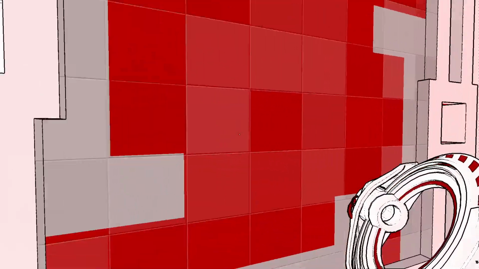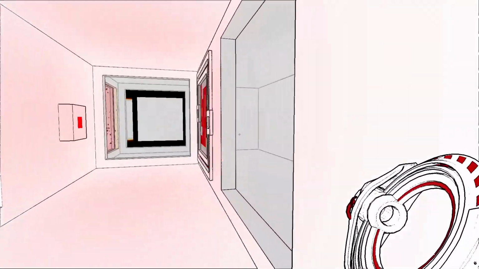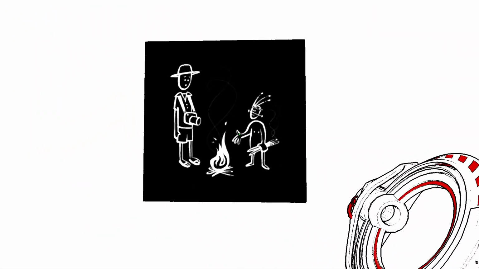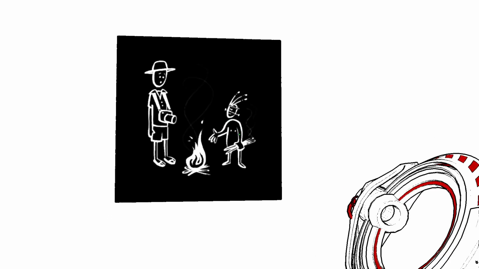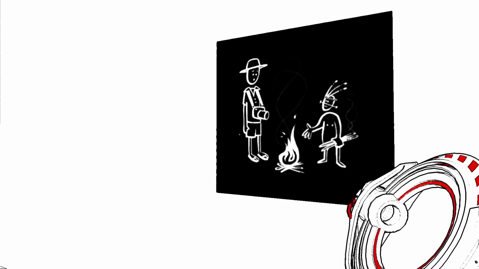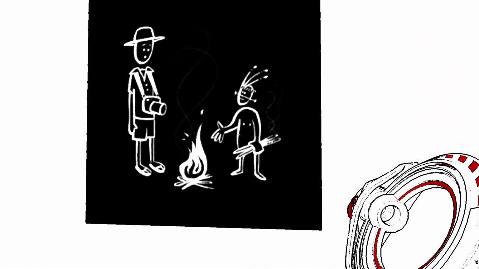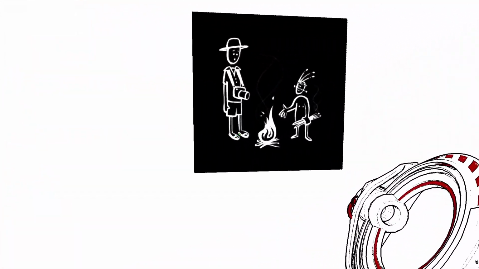And I do like the exact inversion of that other puzzle there. Just flip it on whatever axis that is, and it's totally different. The best solutions may still be the most primitive ones. This person's very short compared to this one. Not quite as much nutrition available in primitive living. Maybe. Or maybe it's a child. Anyway,